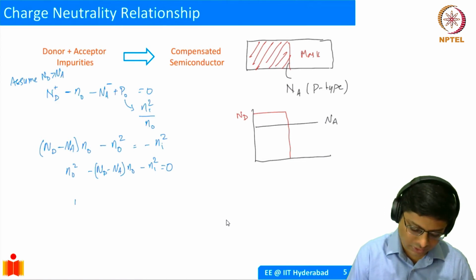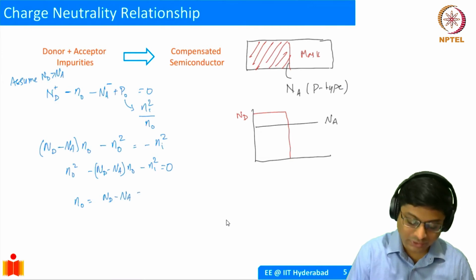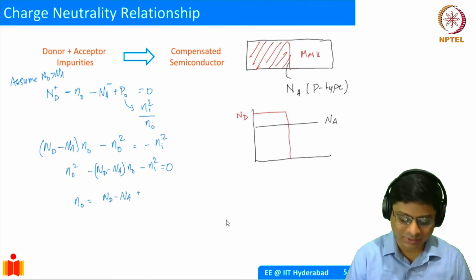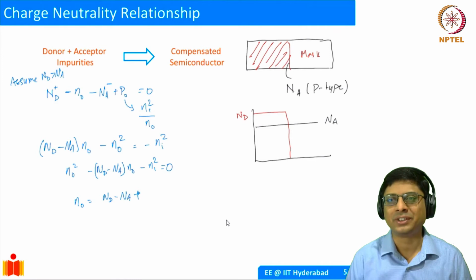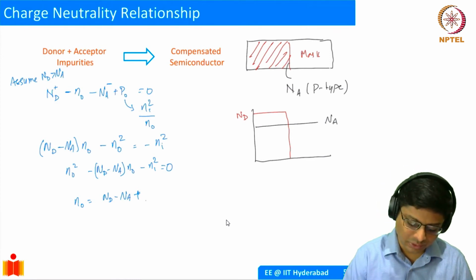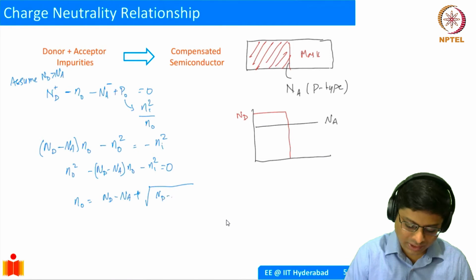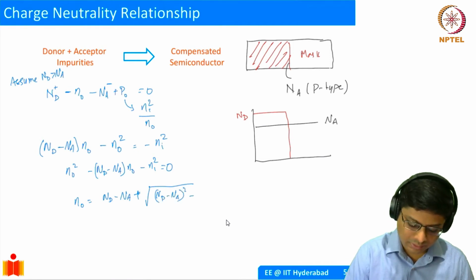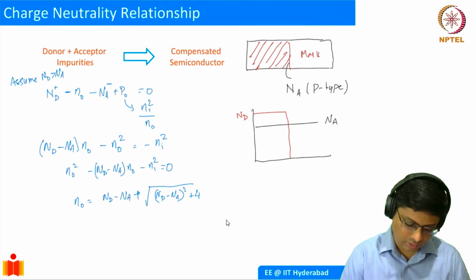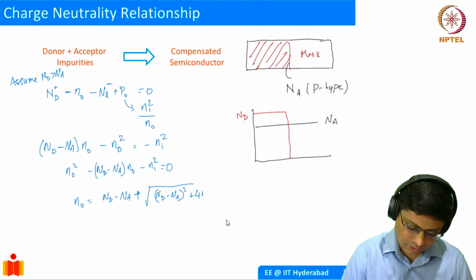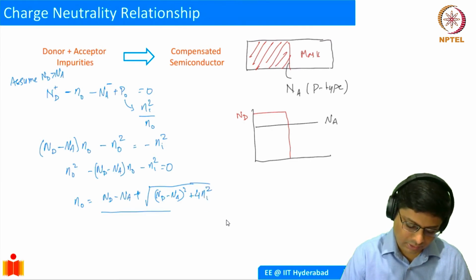Okay. So N naught is going to be (Nd minus Na) by 2, minus B plus... Okay, we will only take the positive root. We will see in a moment why we take only the positive root. If you take the negative root, then at some point the carrier concentration might be 0, which we can't have. Okay. Square root of (Nd minus Na) whole square minus... oh, it should be plus. It's minus 4AC, right? Plus 4 into A into C. So then, Ni square by 2.